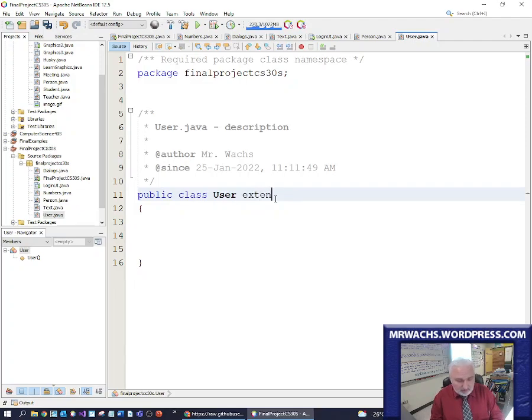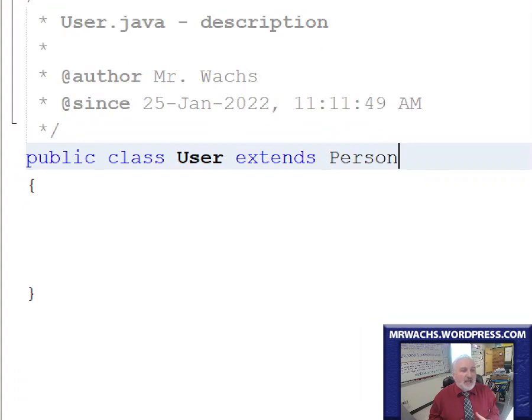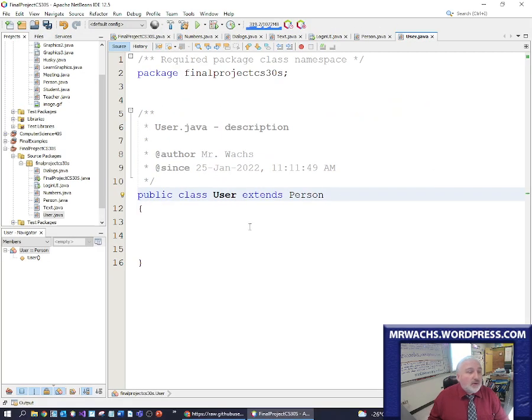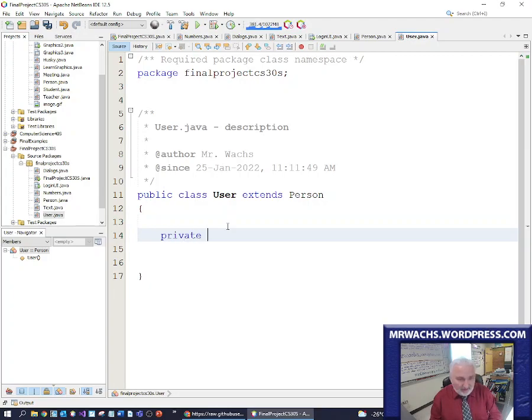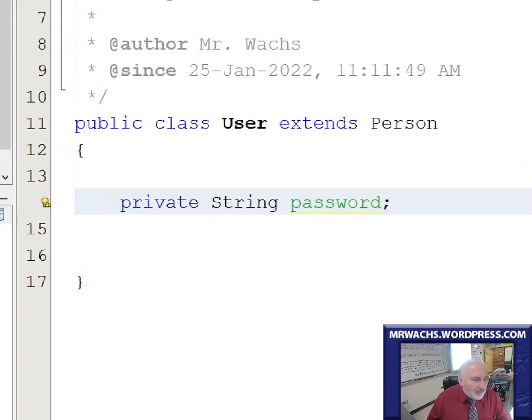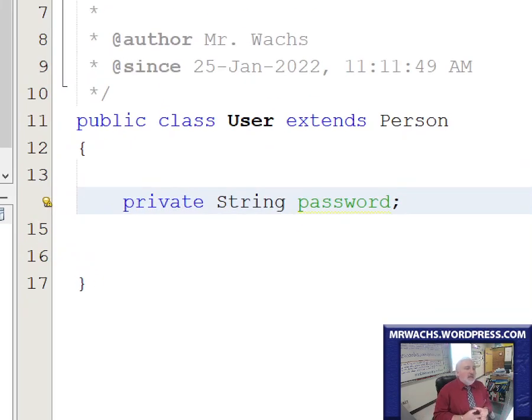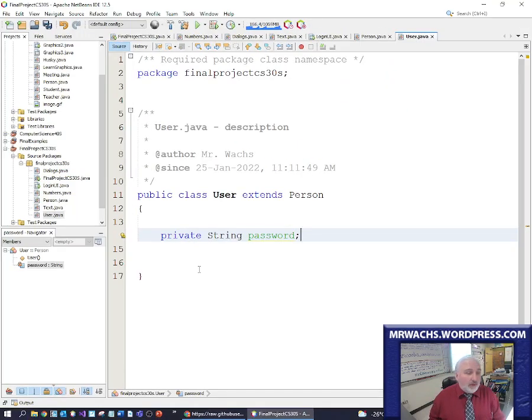The user is a person. It extends the person class. So this is now the use of inheritance in this project, which is a mastery factor, which is good. So a user is a person. A user will have this property as part of the class, a password property. Every user will have a password. And it makes sense that we